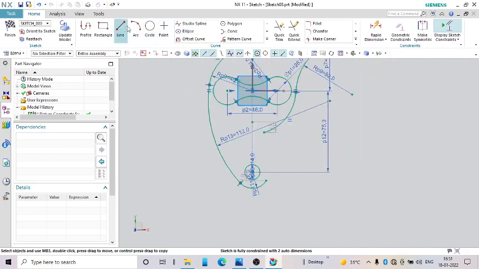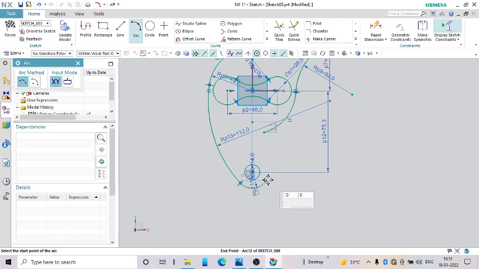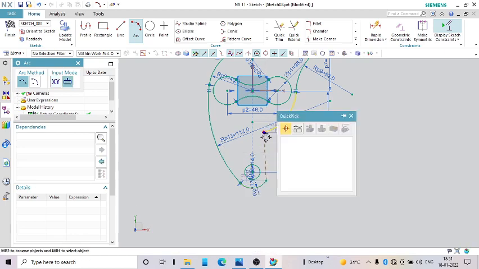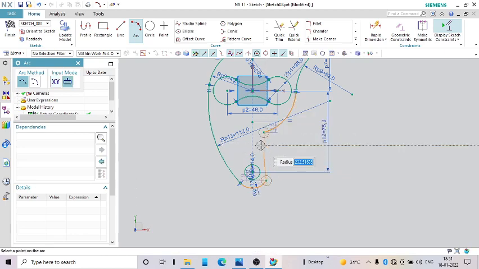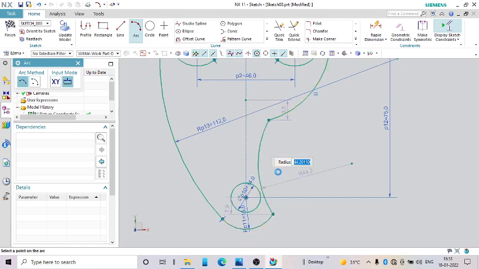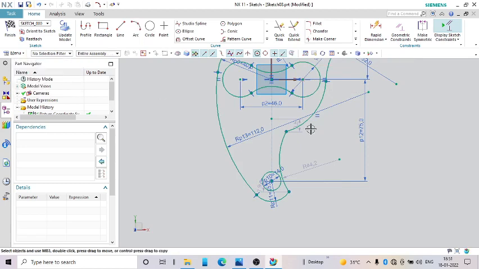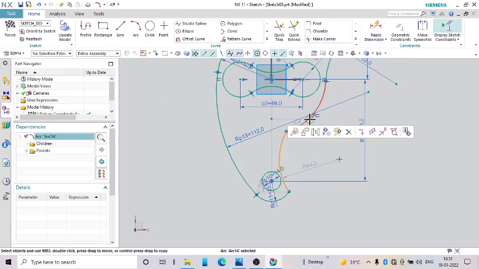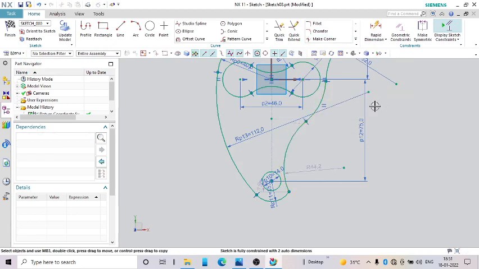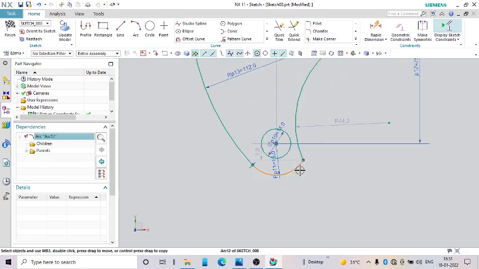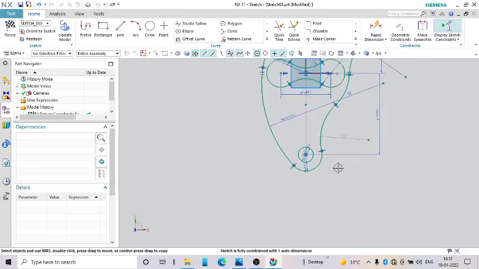Now another one arc here, this point, here, and first we will add a tangency here, this tangent, this tangent.